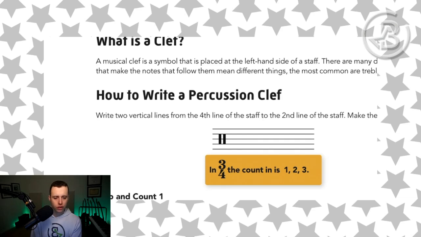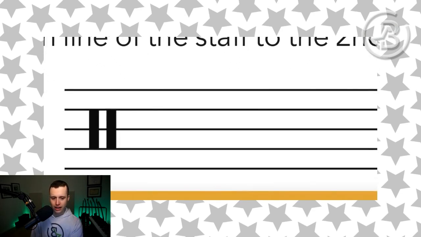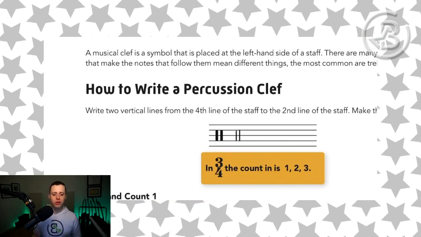It is two vertical lines next to each other. So to write a percussion clef, all you've got to do is write a line from line 4 to line 2 of the staff, and then a second line from line 4 to line 2 of the staff. You could make them a little thicker, but honestly, if you just have a pen or a pencil, save yourself some time. Just write one single line from line 4 to line 2, and there you go. You're all done. So to recap, the percussion clef means that all the notes that happen after it,